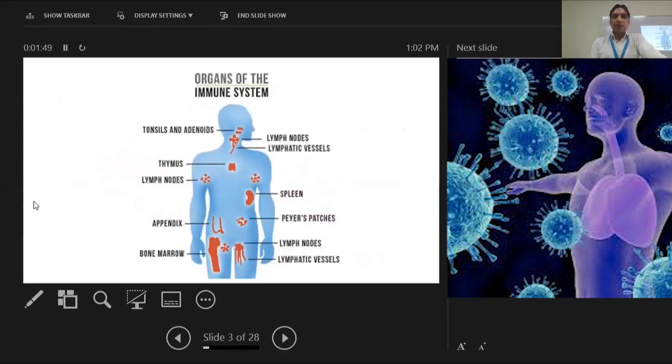After looking at the different organs which are involved in the immune system, the first important one is the thymus, and then the bone marrow, and then the lymphatic system or the lymph nodes, and then you should know about the spleen. And there are certain